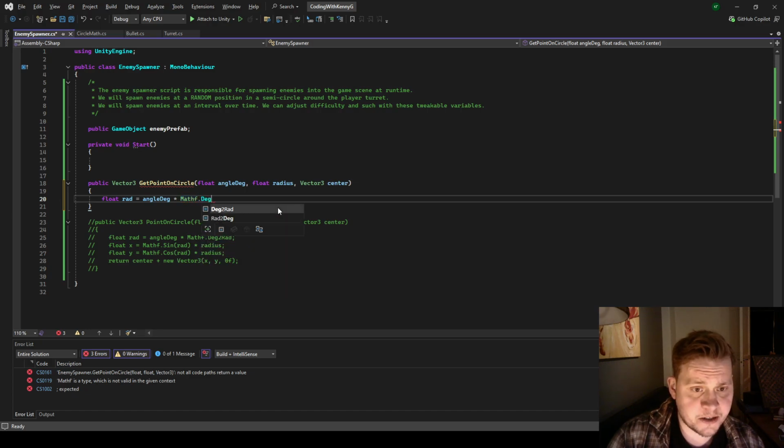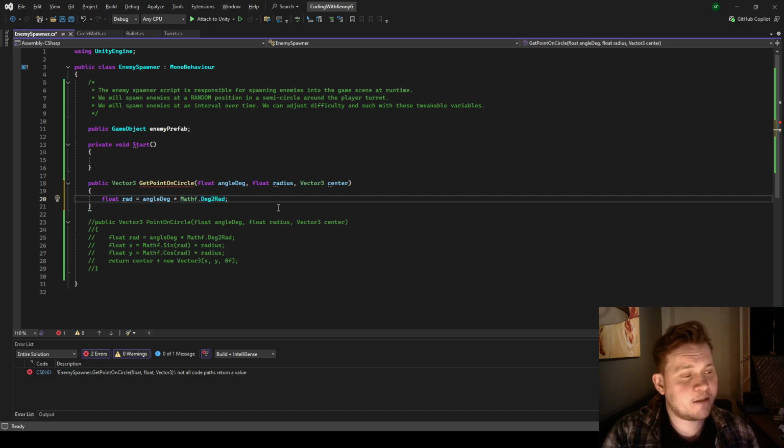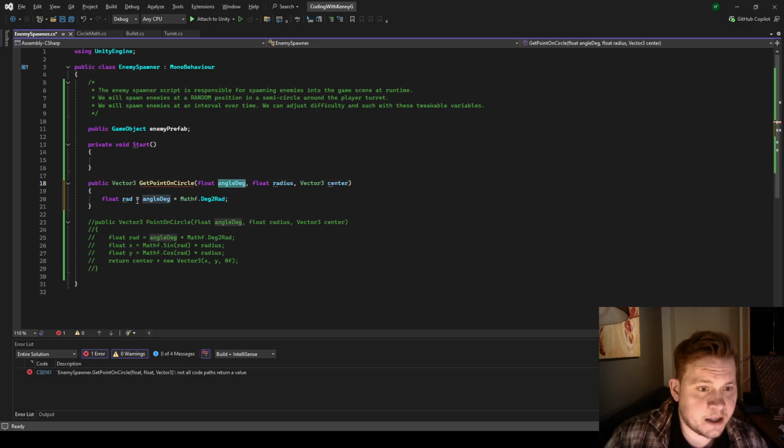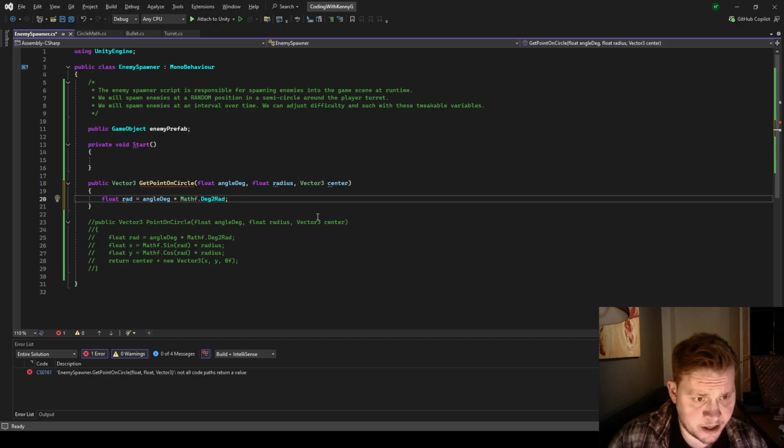Dot degrees to rad. So this is a way to convert. They give helper functions to convert values between these two different ways of considering angles. So either you use radians or you use degrees, but we are converting the angle in degrees here into radians, and then we're gonna write